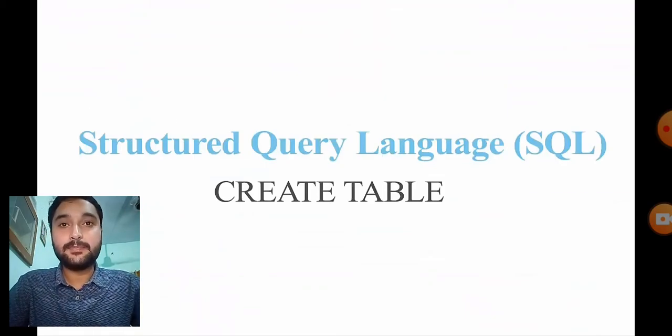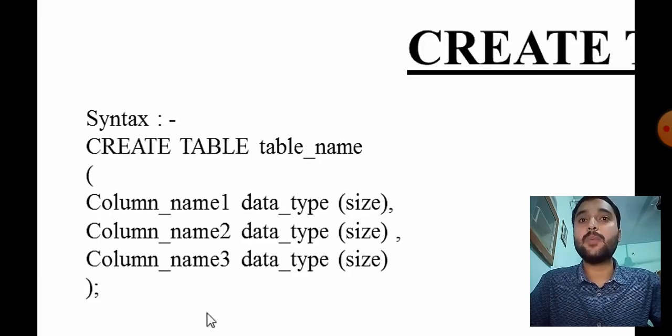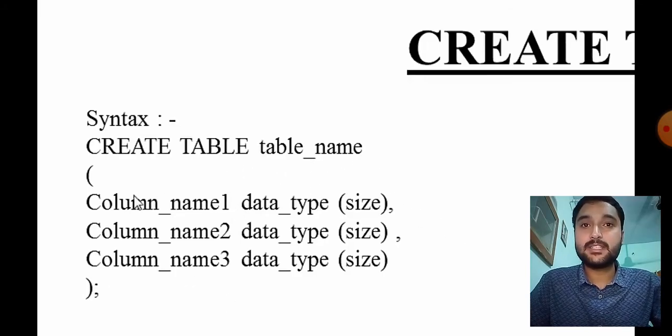So here we go. Here we have the syntax: create table, table name, open braces, and the column name, data type and their size. It is not compulsory how many columns we want to add; it is up to us how many columns we want in our table. We simply take care of the simple things like open braces, close braces, and we have to mention the semicolon when we complete our statement. In every SQL command we have to use a semicolon when we want to finish our statement.